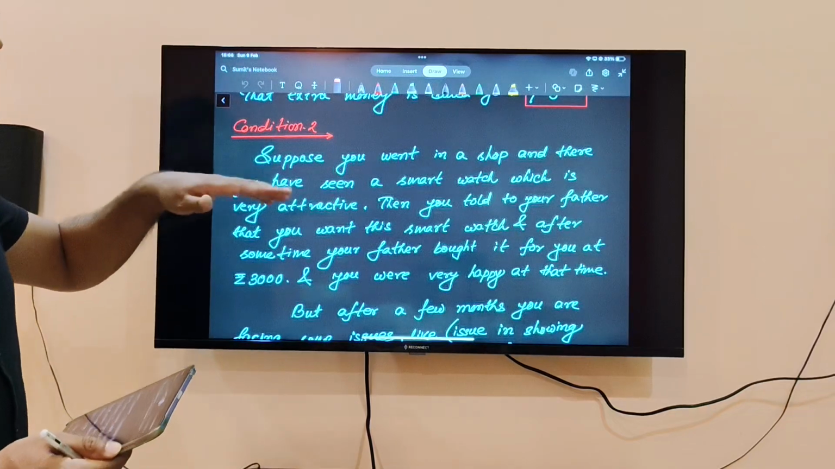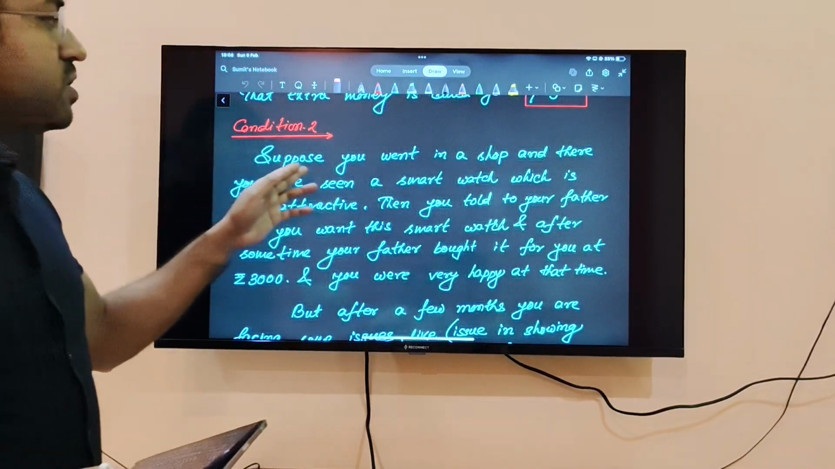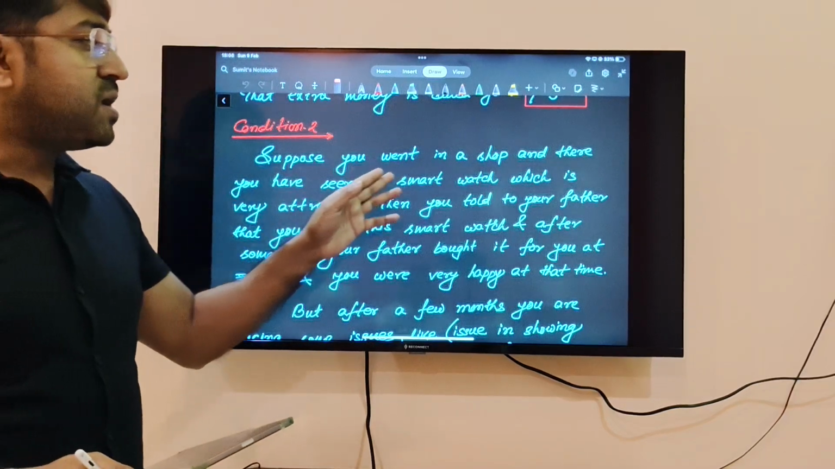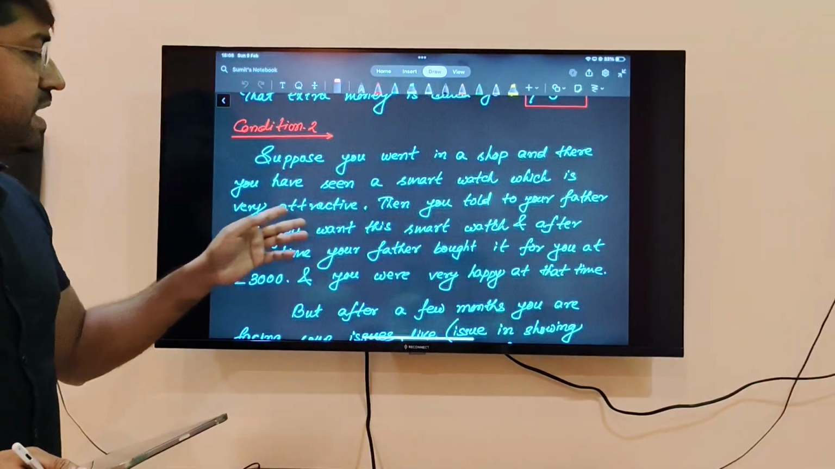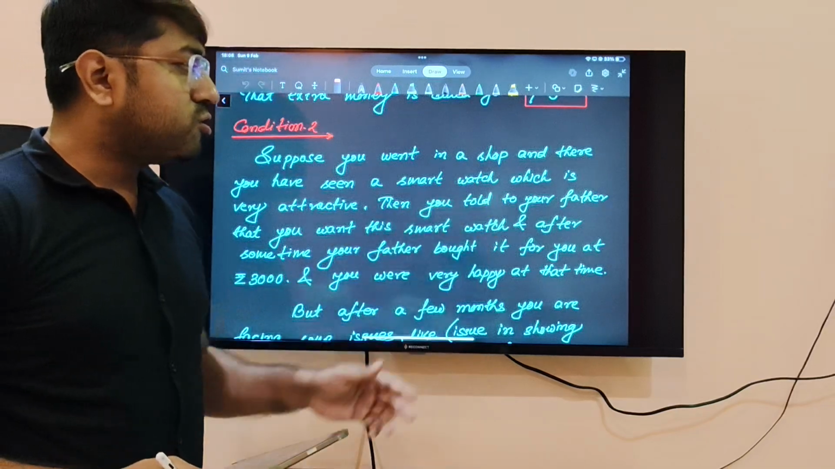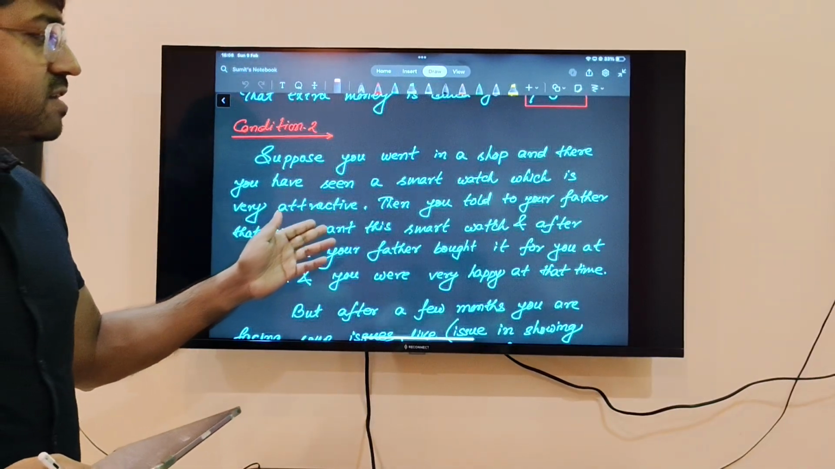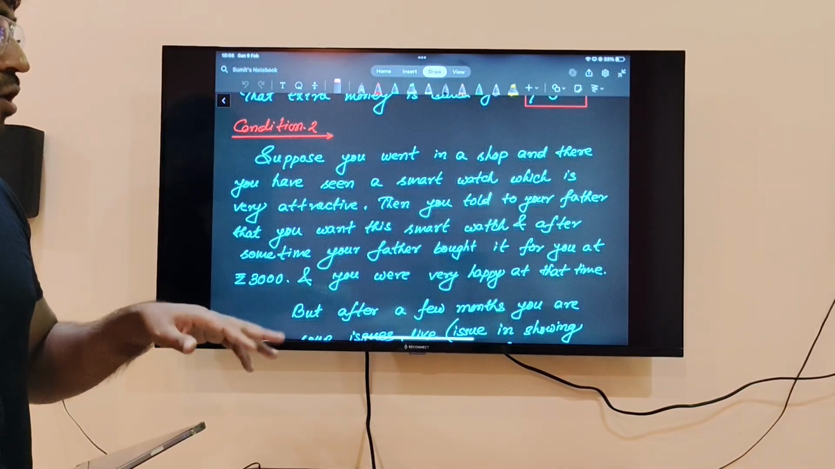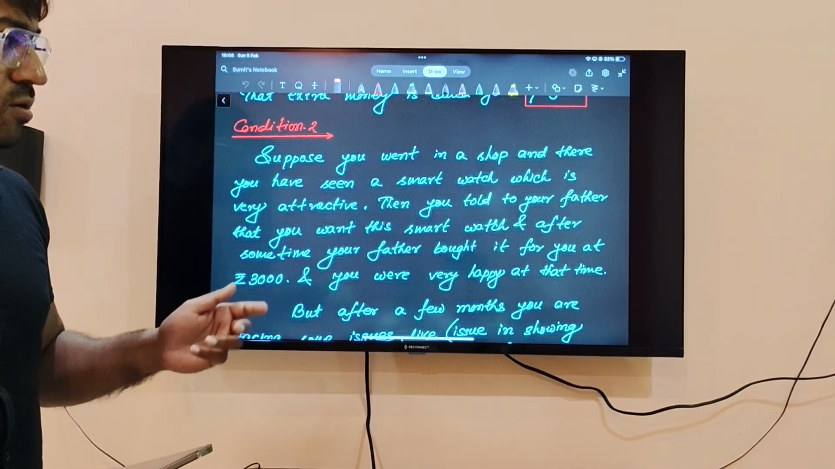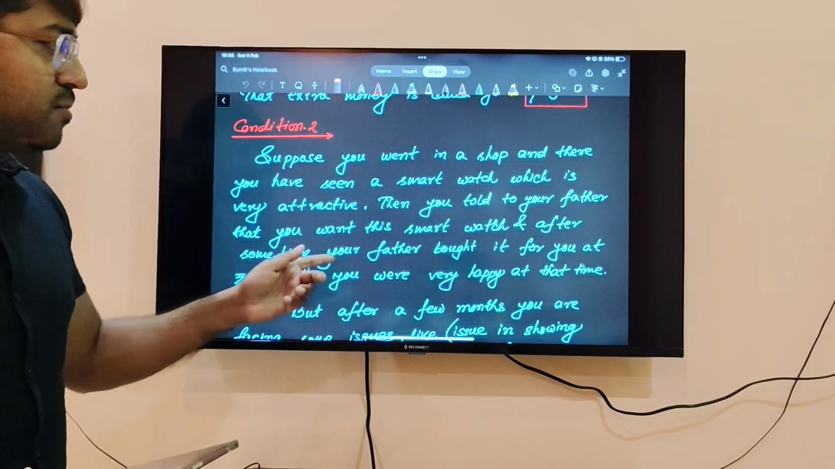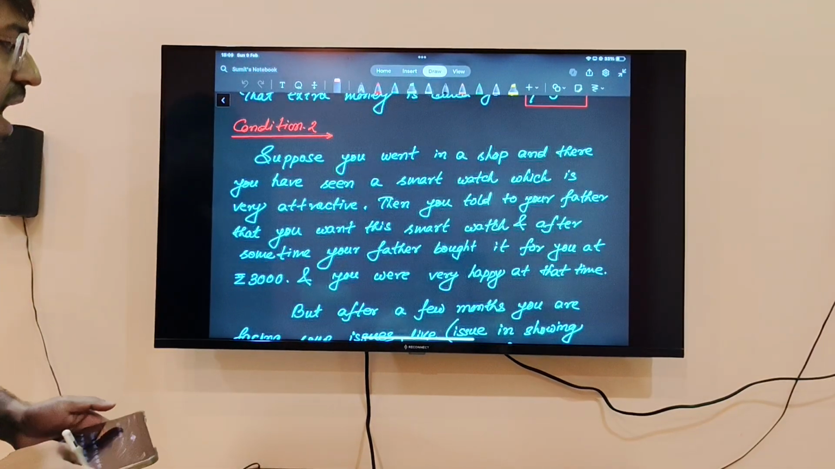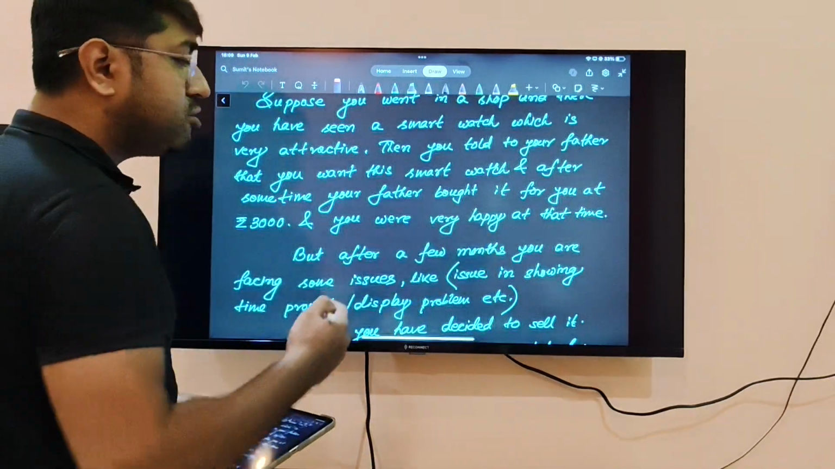So now come to the next condition. Suppose you went in a shop and there you have seen a smartwatch which is very attractive. Then you told your father that you want this smartwatch, and after some time your father bought it for you. It's a good father. He bought it for you at rupees 3000, and you are very happy at that time that you have got a new